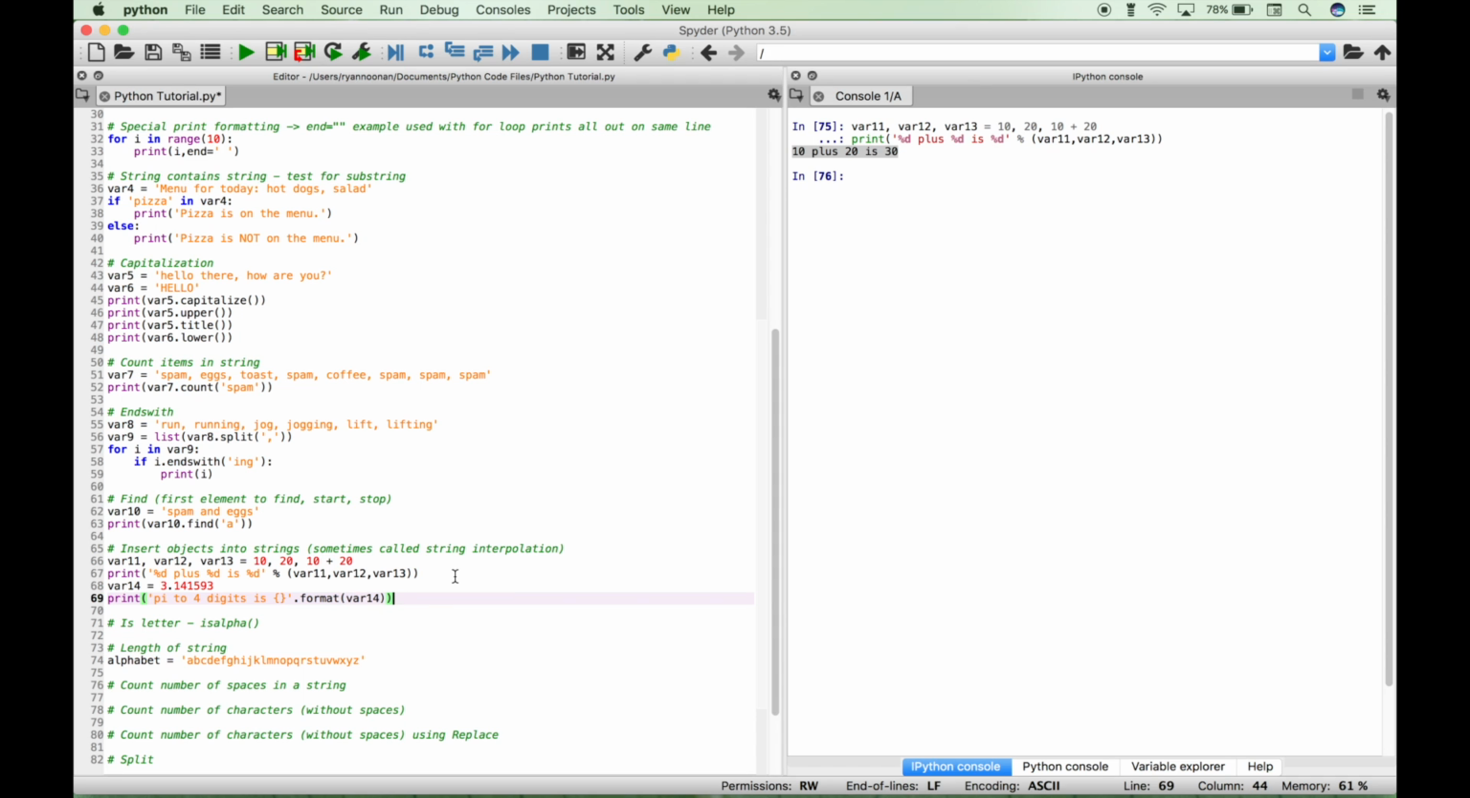Now if we just print this out now, let's go ahead and show you what we get. We're not done yet, but let's show you what we get. So we get pi to 4 digits is 3.1415, and we want it to stop there, but it includes the 93. So to fix that, inside this placeholder, we can use a syntax to limit the number of decimal places,